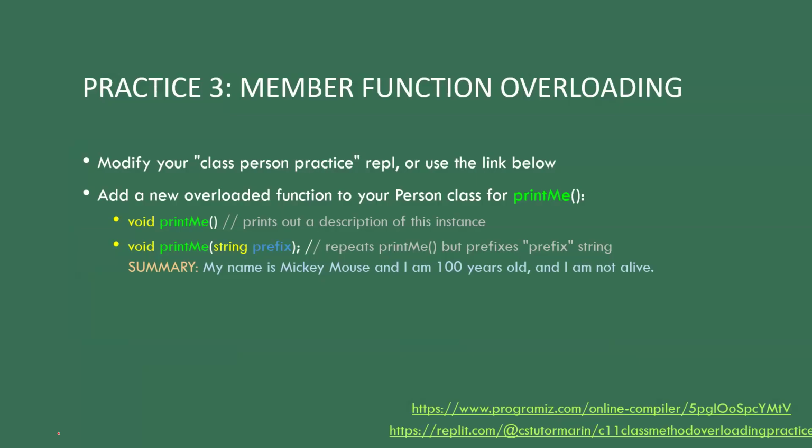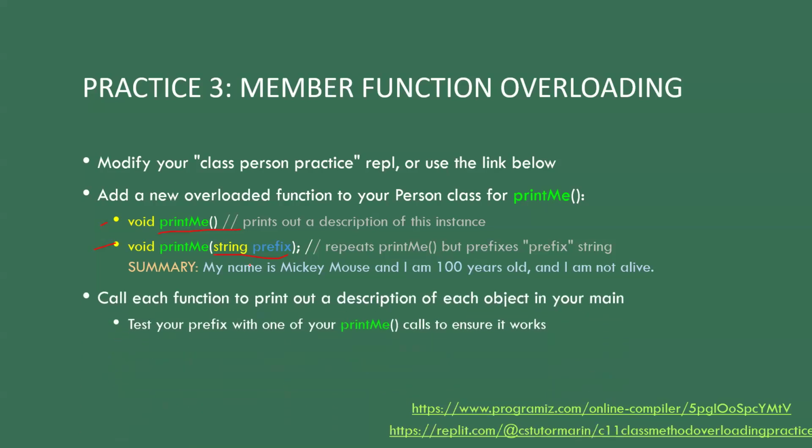So let me just remind you of one trick very quickly here. We'll kind of breeze over this so we don't drag everyone down too much today. But notice that we'd like to be able to just print something about a class versus maybe put a prefix in there. So our first temptation might be to fully write both of these and duplicate a lot of code, right? So both of these at first glance might need the exact same code. It's just that one of them has a prefix, right? But we'd like to be a little more optimal than that.